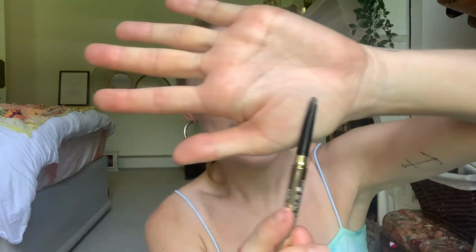I'm going to start with the pencil end. This is really nice because it's angled. I'm going to do the whole tutorial hand thing now, and I find that the angled pencils are really nice to give you that kind of natural hair stroke effect. Once you've brushed your brows up, I mean they're looking very long, I'm just going to go in at an angle, the same direction as the hairs. I'm going to make sure you take it slightly through the front as well, just so you don't have black